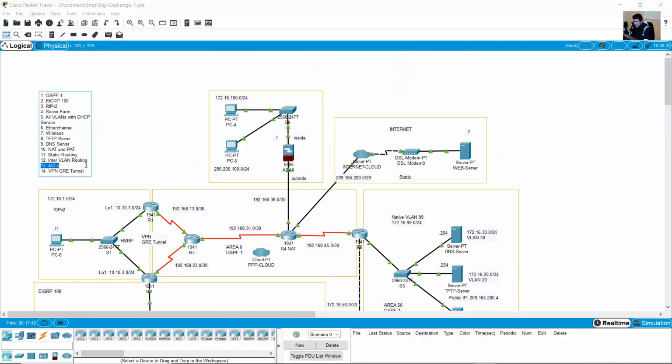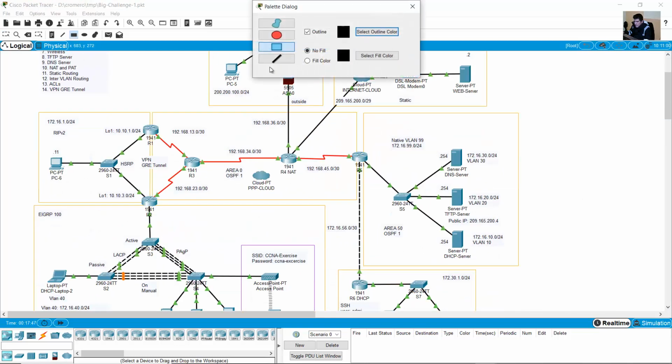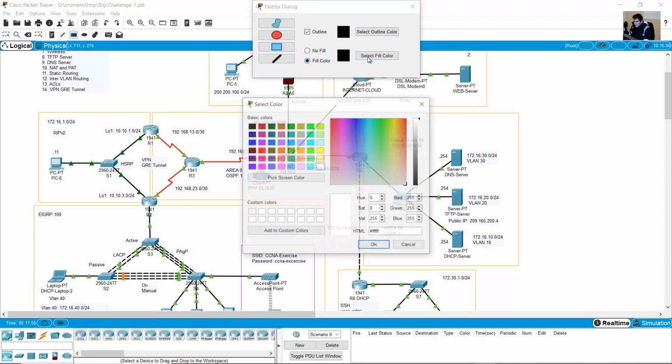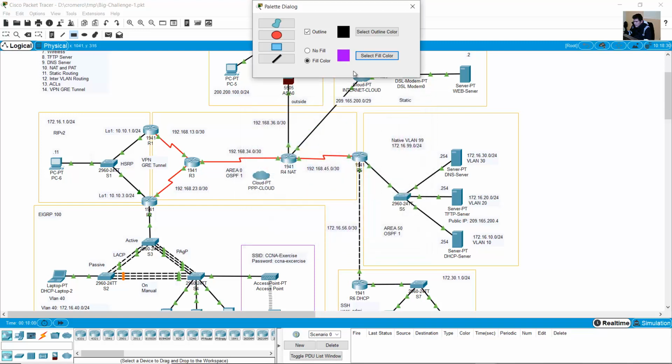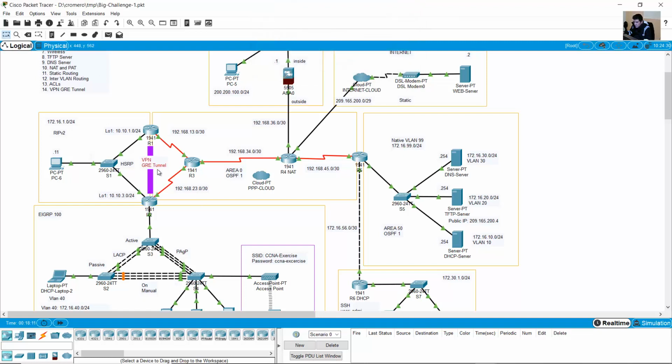So the access list is ready, and now configure the VPN GRE tunnel. Okay, configure a tunnel between R1 and R2. Okay, configure that. Okay, go to R1